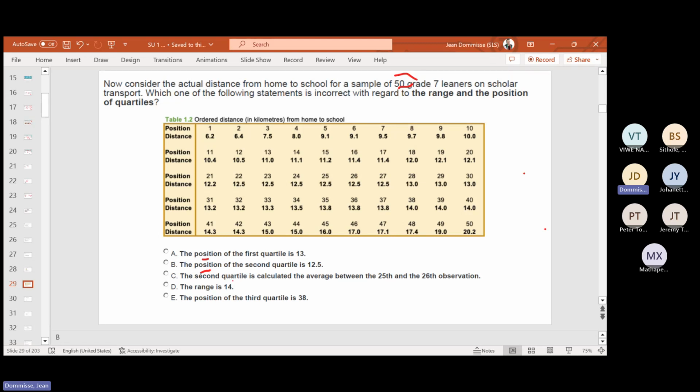Then they ask us about the value of certain quartiles, and then some other things, including range and those kinds of things. Okay, so when I see a question like this, always the one that I will